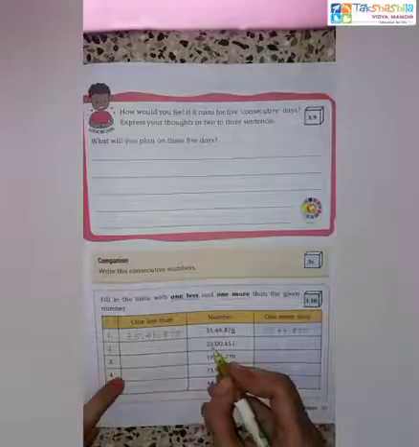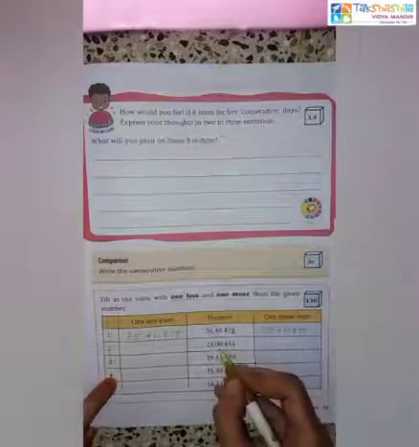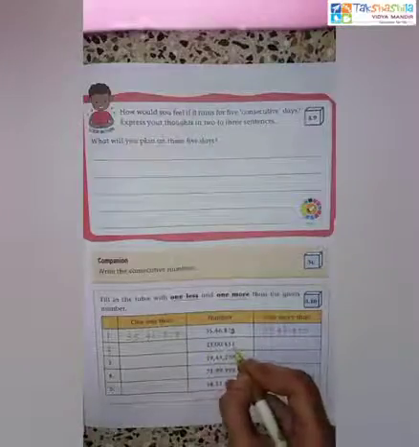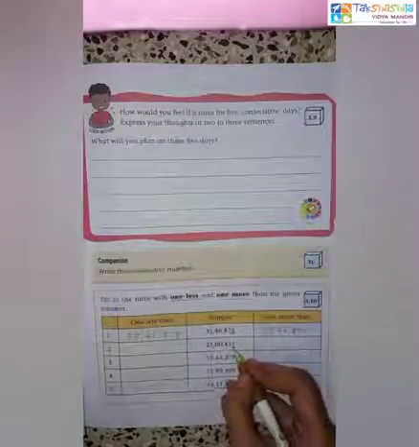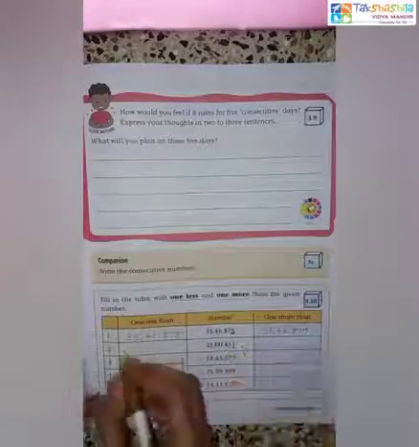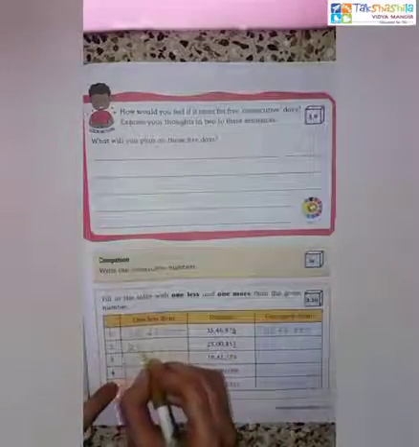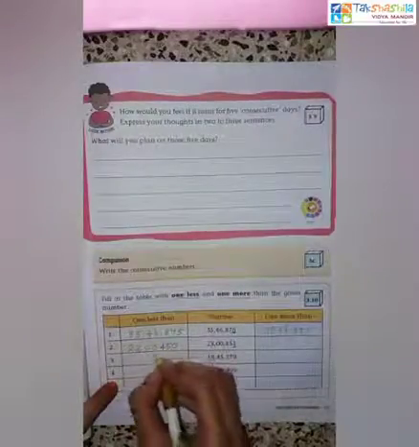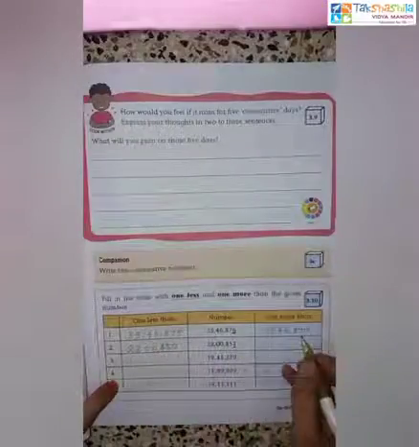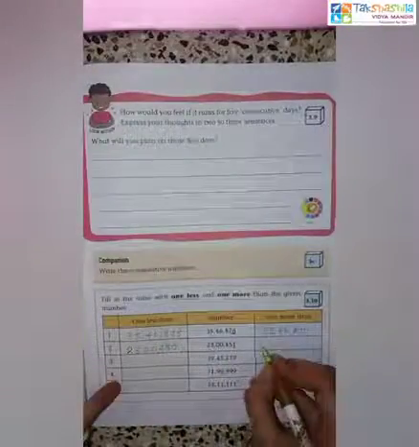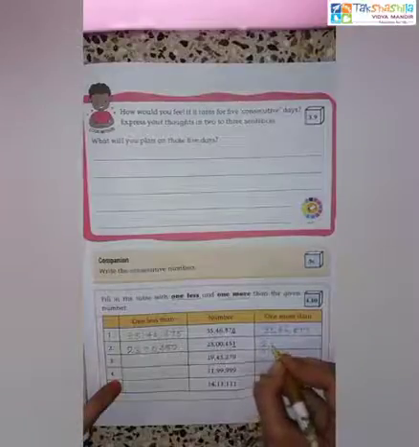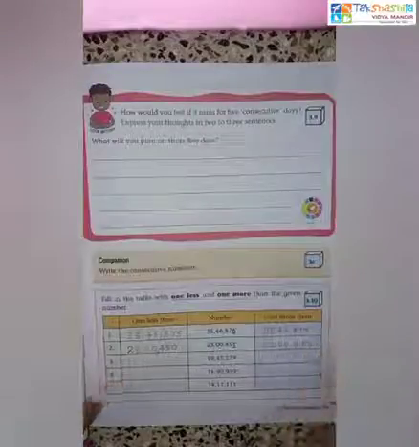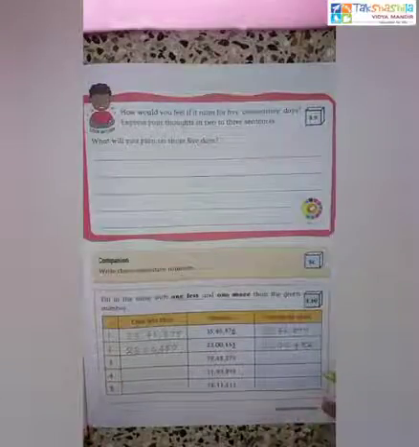Now just have a look at the next question. It is 23,451,000. See the units place digit. What is before 1? It is 0. So we can write 23,450,000 as your one less than number. And what is one more than the number? By adding 1 also we can write it as 23,452. Yes, and the remaining sums are your self work. So just do it.